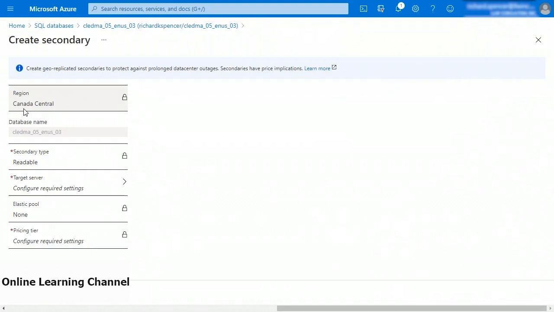So once I click that, it comes into region. It says Canada Central. My database name stays the same naturally. My secondary type is readable, right? So this is readable. It should asynchronously sync. And not only do I now have high availability, but I can offload some of the database reads to this